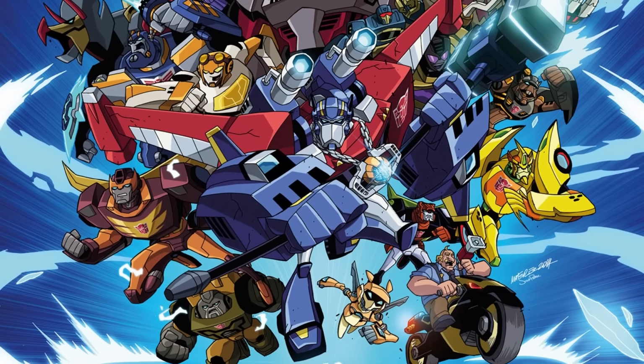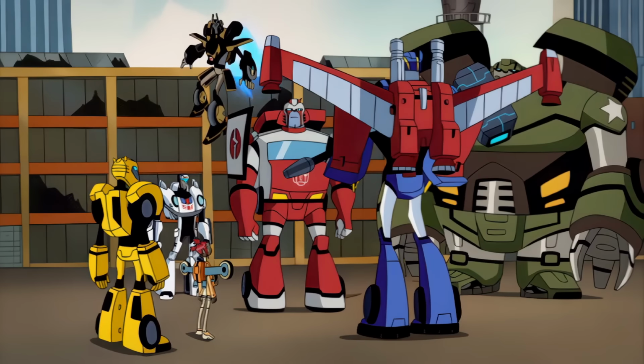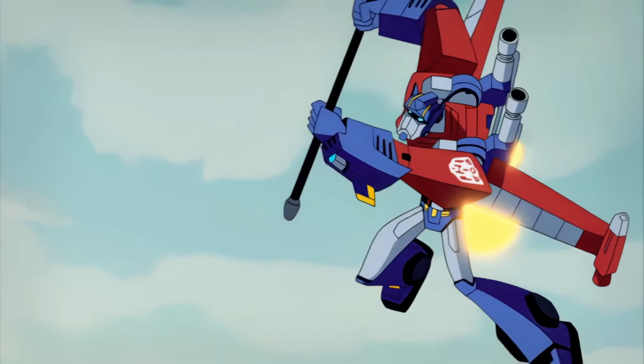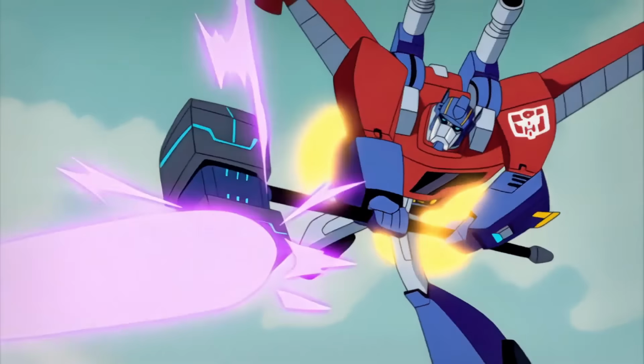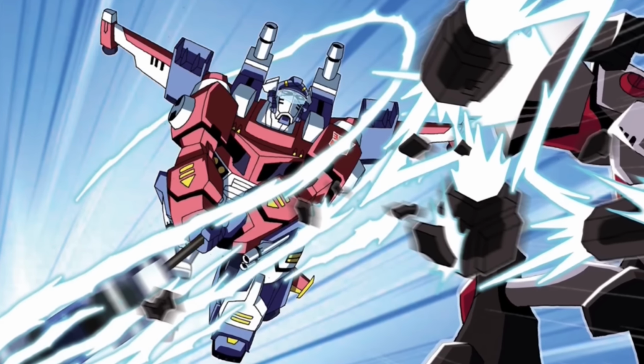Thankfully that was never official, but what was official was the Wingblade Optimus Prime. His little upgrade in the final season of the show definitely showcases the evolution of his character. God, it was so satisfying when he finally wielded the Magnus Hammer. Now if Season 4 of the show would have gone ahead, we would have had an upgraded Power Master Optimus Prime, which we can see in the Allspark Almanac, which we got to see in action in TF Nation's Trial